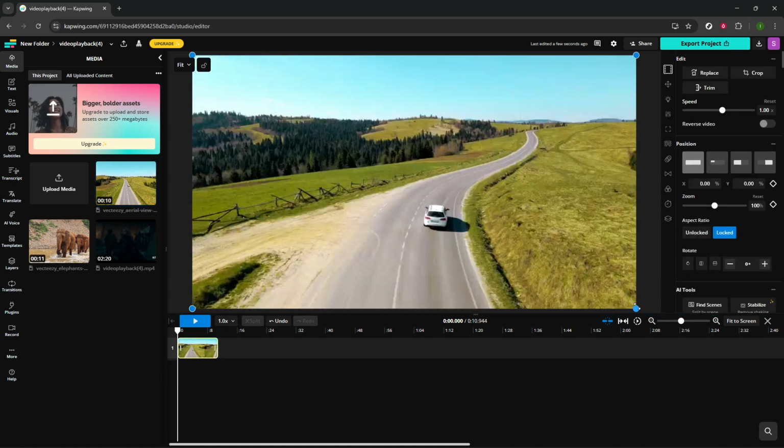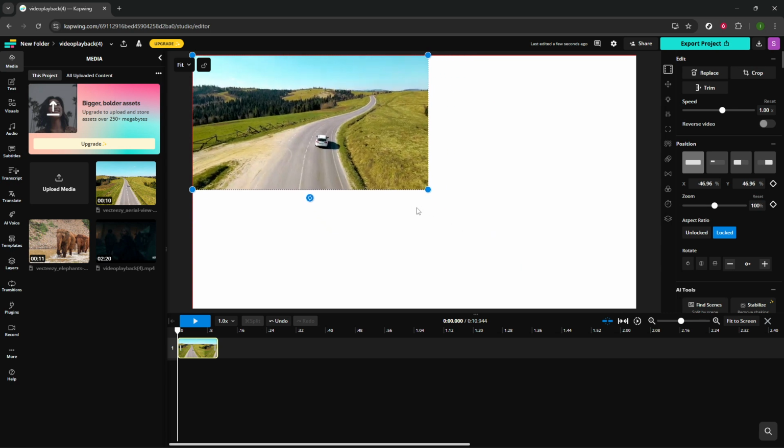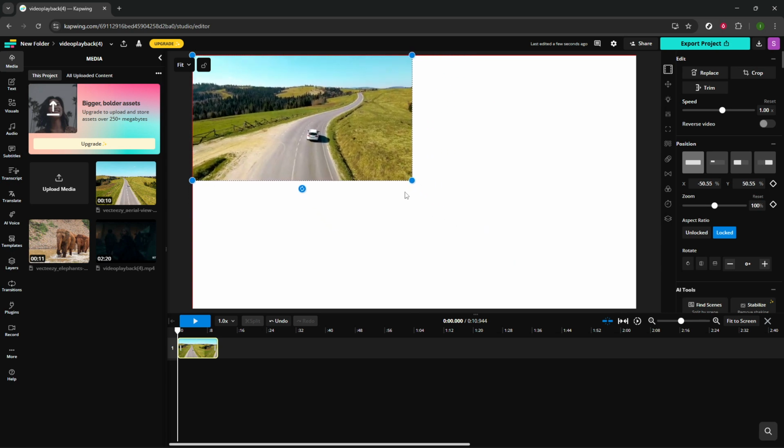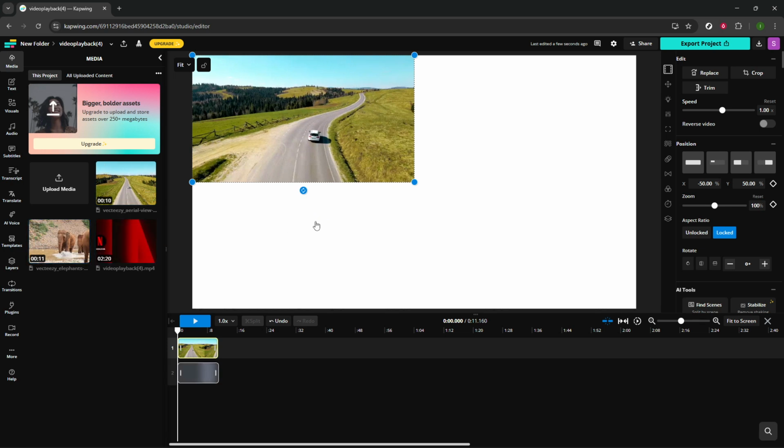With the first video positioned, it's time to add another one. Head back to your media library, grab the next video clip, and bring it into your canvas. Use the same drag and drop technique to place it beside the first one and adjust the size as needed. If you're unsure about the spacing or alignment, Kapwing offers grid lines that can assist in lining everything up neatly,